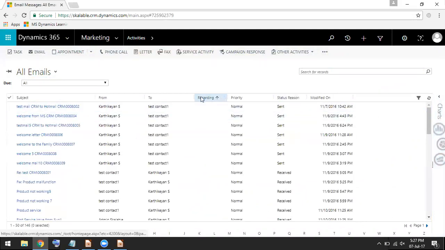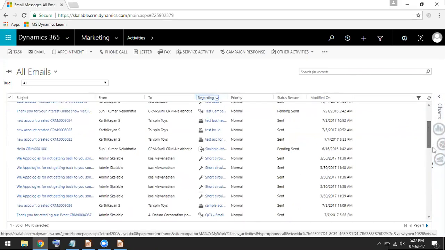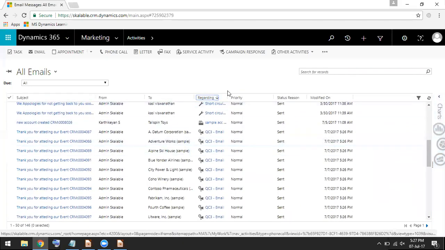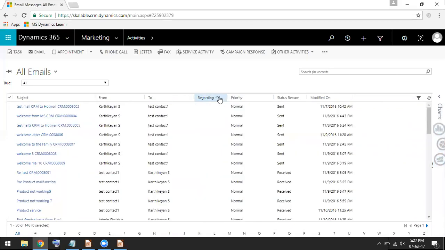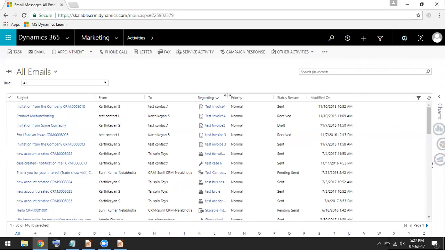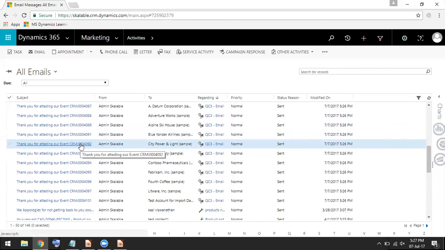We have this QC3 email activity created. These are the email activities created from the Quick Campaign 3 we created just now.